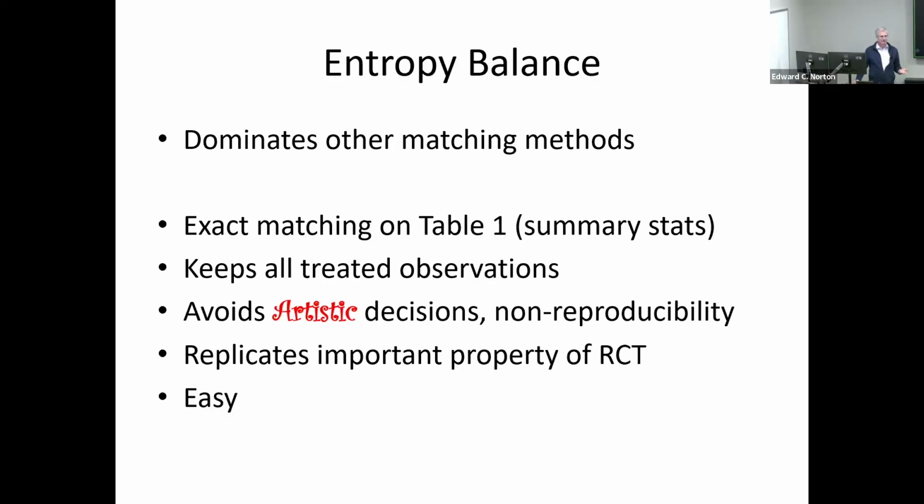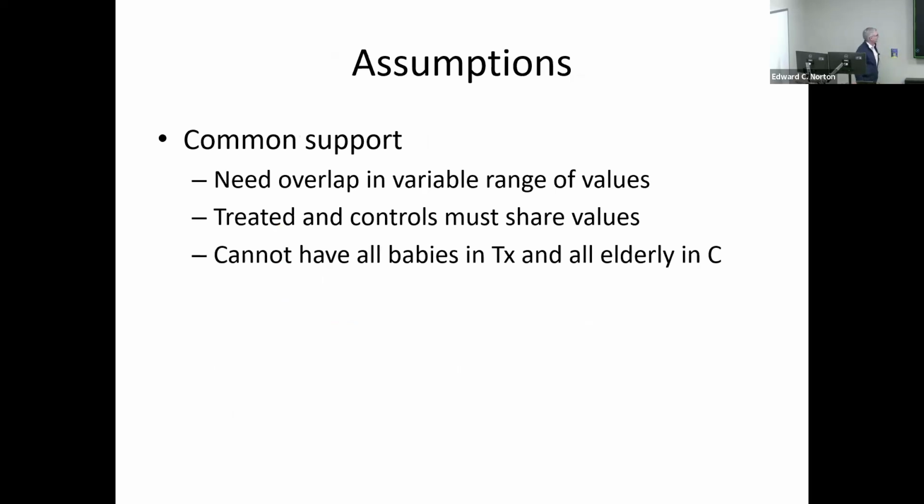And it's easy. The only hard part is explaining it to people who haven't seen it and say, well, but I know how to do propensity score. I understand nearest neighbor matching and it's different and I don't want to learn something new. That's the hardest thing to get over. And so that's what we're going to try and get over today.